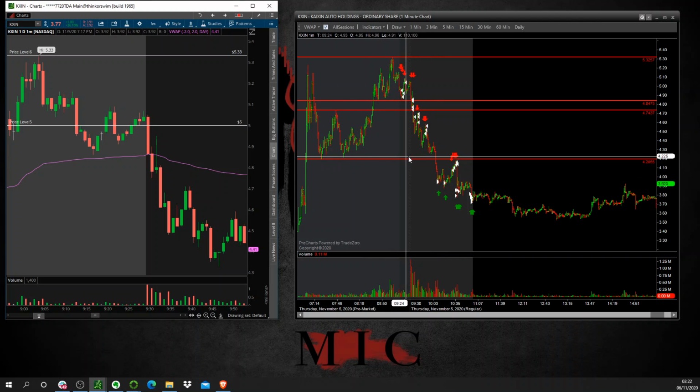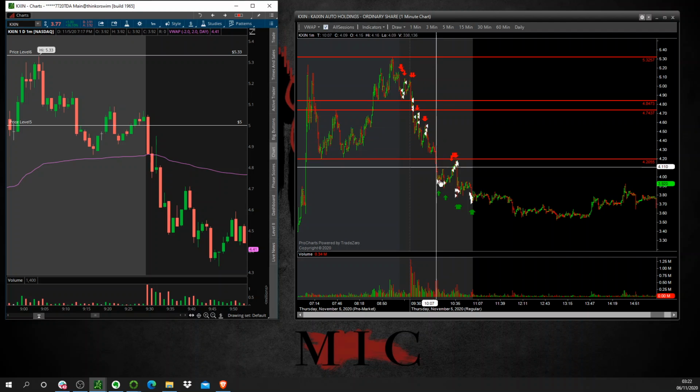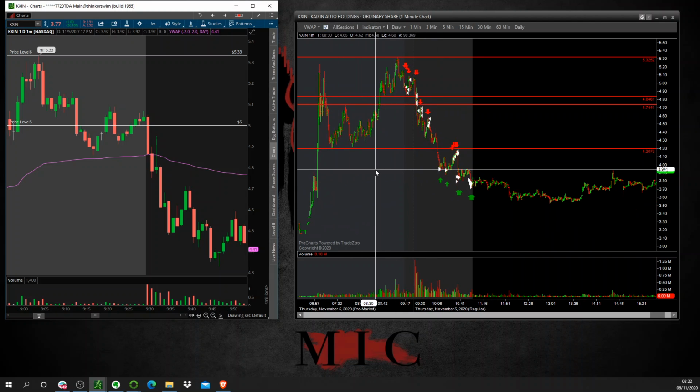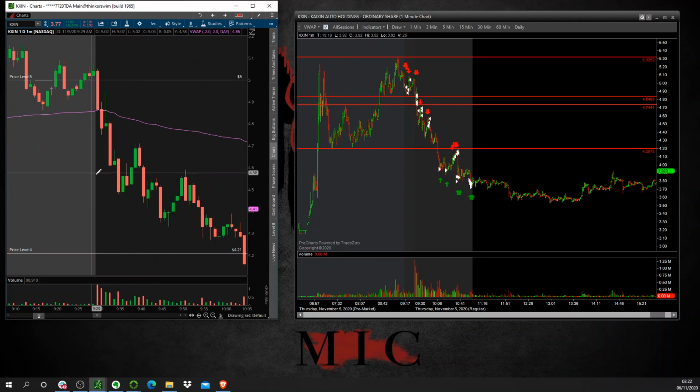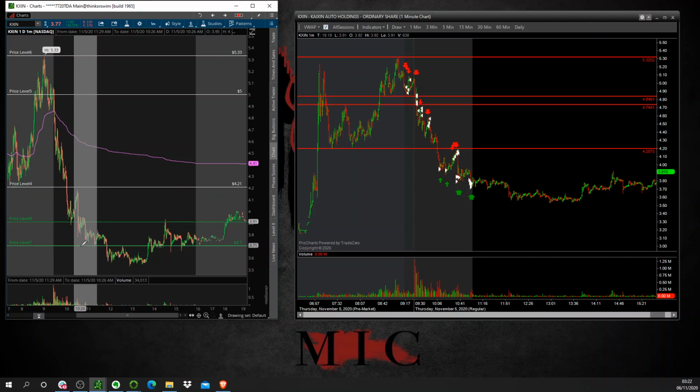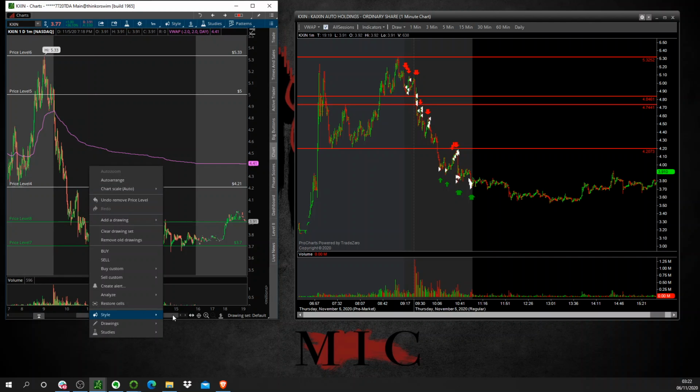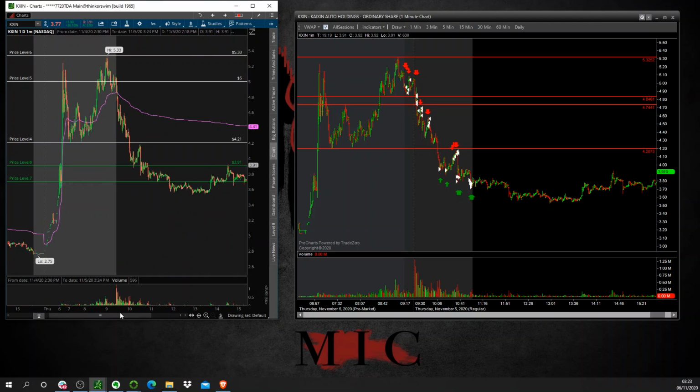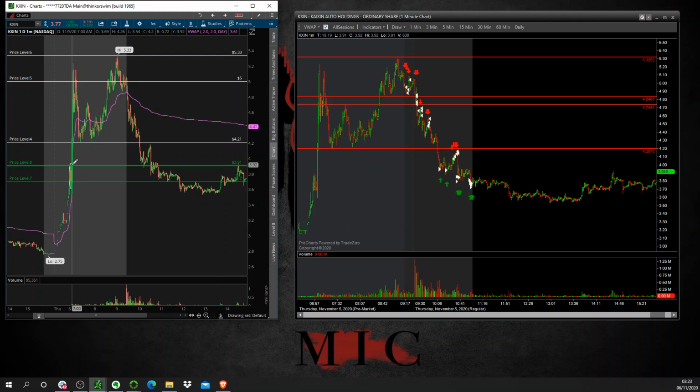420 was the deadline. I said if it's stuffed at the deadline, then I'm going to add more on the pop. As soon as it stuffed, I placed orders here, but they didn't get filled. So as soon as it stuffed more and came close to my price targets, which is around between 390 to 370,